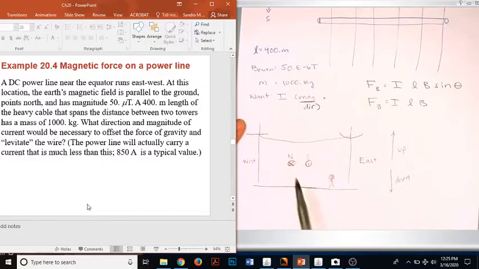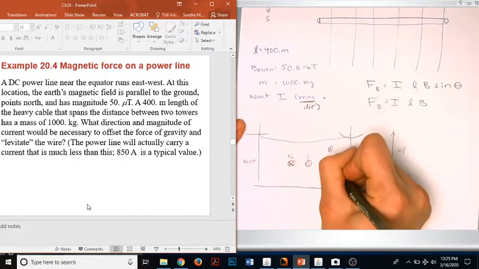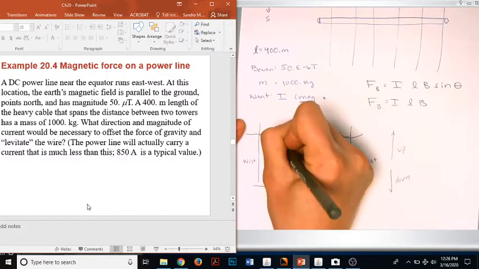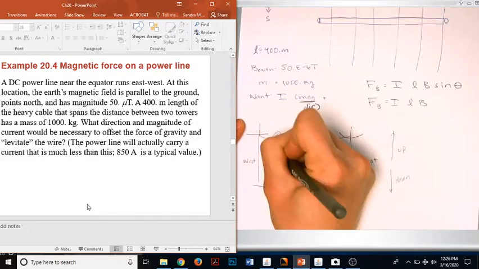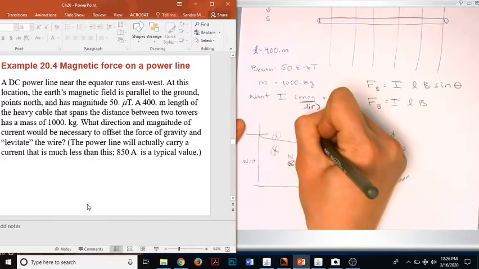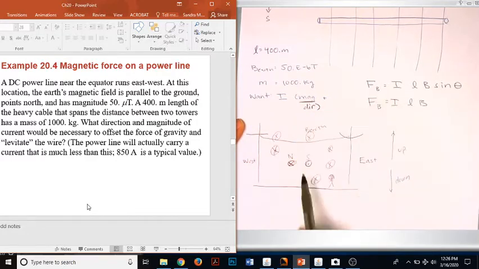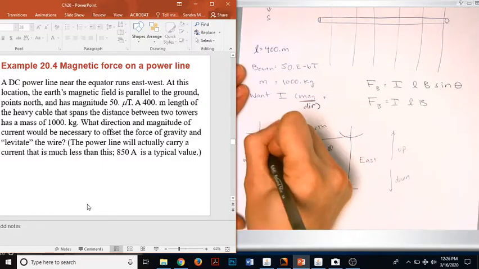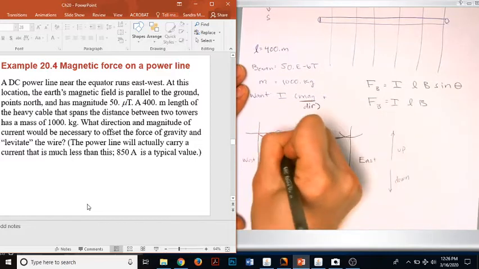But here we know that the magnetic field points to the north. So we would be able to say that B of Earth points to the north, so it would be pointing into the page. Just another way to practice visualizing how you draw this on a piece of paper. Okay, so the reason that I drew this wire here, and now my wire has gotten messed up,